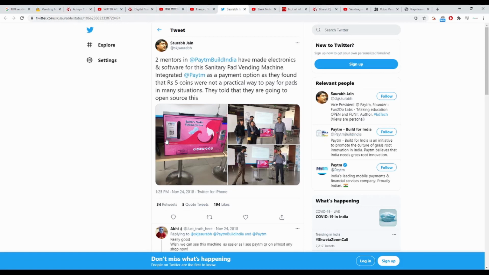So for whatever reason, let's say your payment has failed, like UPI has itself too many issues. Let's say your payment has failed, but the money has been debited from your account, but these people have not received your money, and let's say they received it after 6 hours, or after 24 hours. There is no way to handle this refund process. You have to find their support number, you have to call them, you have to write an email. They will look into all the transactions, and for them also it's extremely difficult to handle